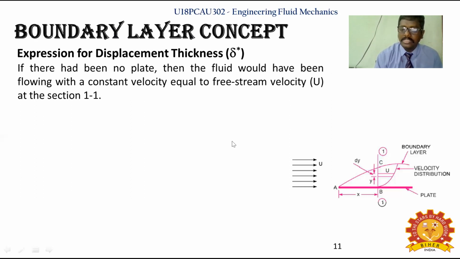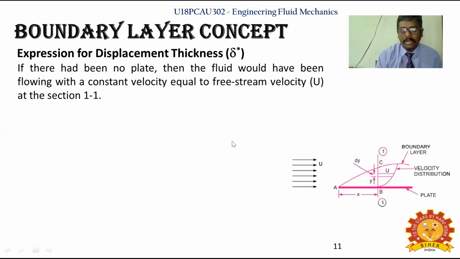Because of the nature of viscosity, whenever the fluid passes over the boundary, from that boundary onwards it will have layer by layer a variation of its velocity. We saw the viscosity property in the first module itself, but now we are seeing it in depth. We are making a lot of derivations to see in depth the viscosity property and the boundary layer theory. That is what we are concentrating on.